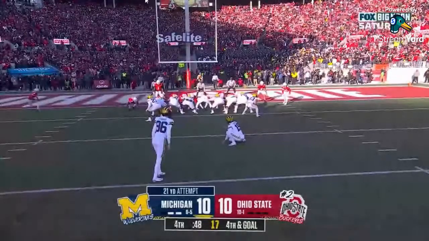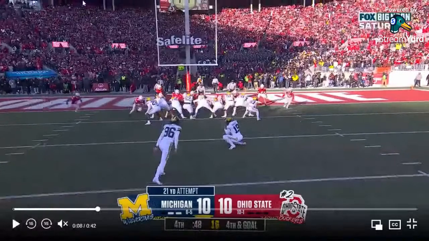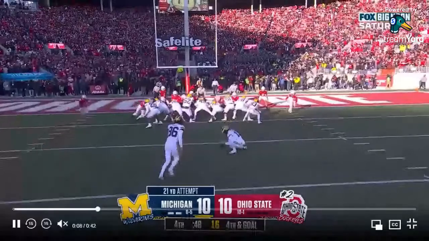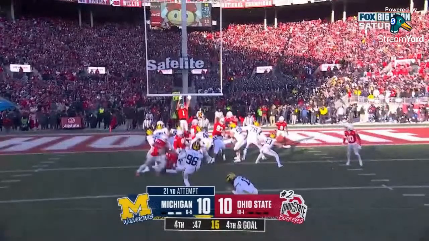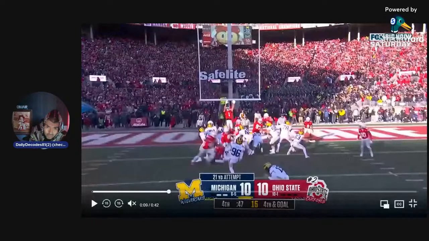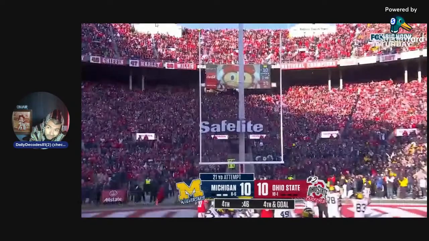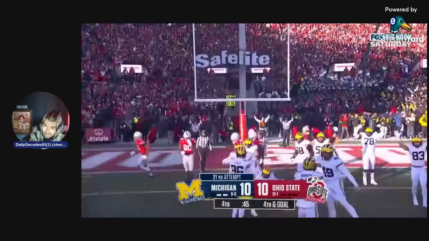I might want to enter Saturday. Okay, so look. When did they snap it? At about 17 or 16. Okay, you always want to take note of that. So let's take a look at this kick here. Boom, and that was pretty. Man, look at how jammed that house is. Look at how many people are there. I mean, for real, look at how many people are there for this stuff. So it's almost like, I don't know how windy it is there, but you see it hook left a little too much, don't you think? Not that long of a field goal. Gosh, it barely hooked that left pole, man.